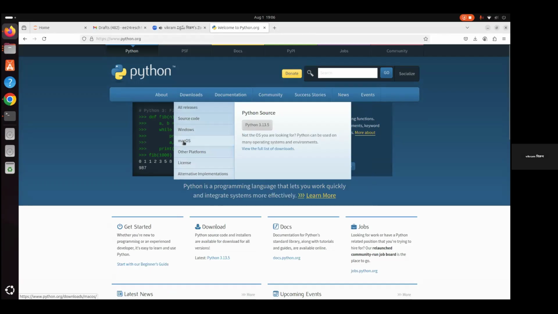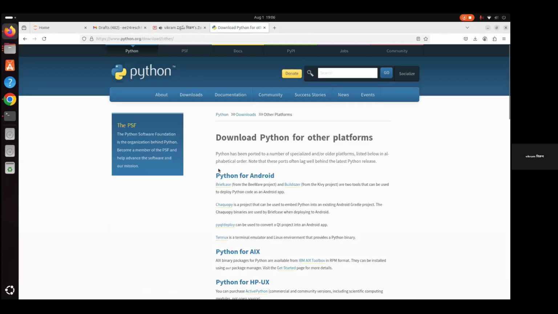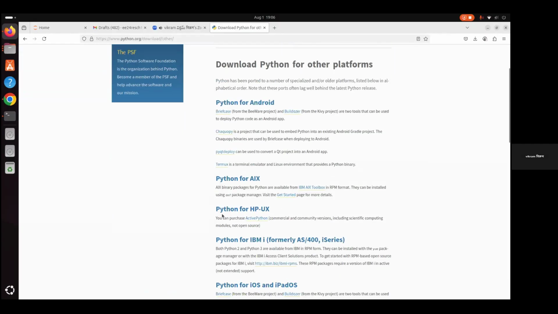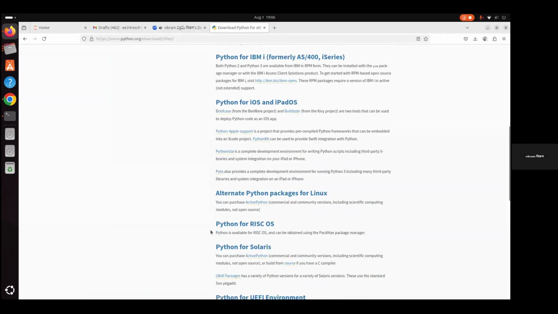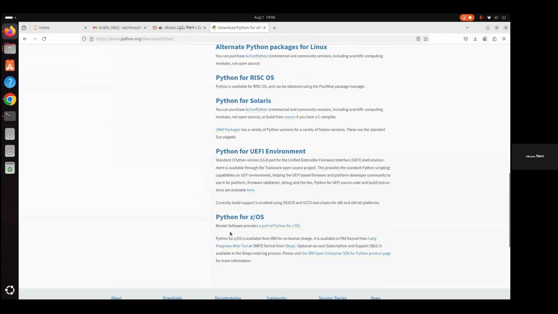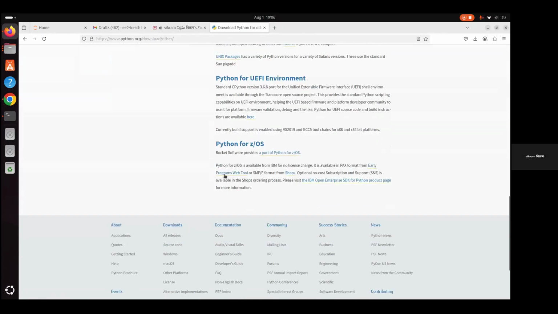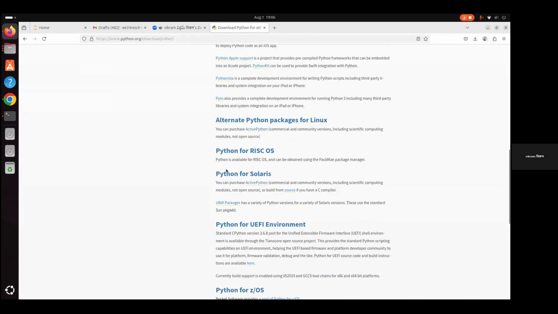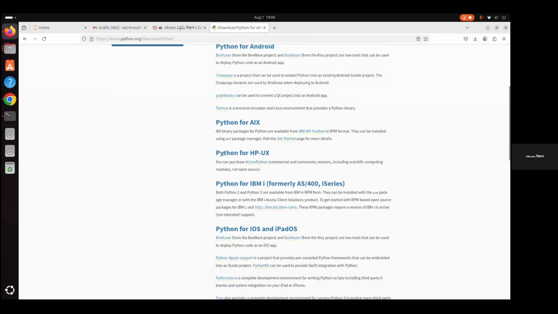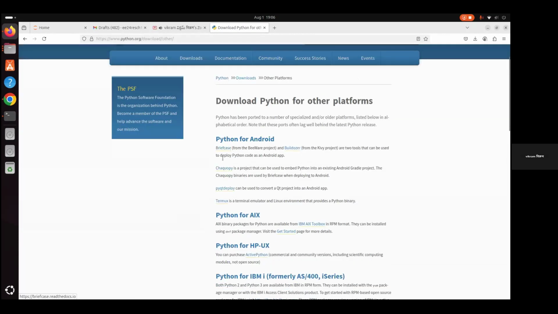There is Windows, Mac OS, other platforms. Click on other platforms, and in that you can see Python for Android, Python for Java system. Specifically, you are not seeing it for Ubuntu. You can see that Python for Linux is not mentioned here.